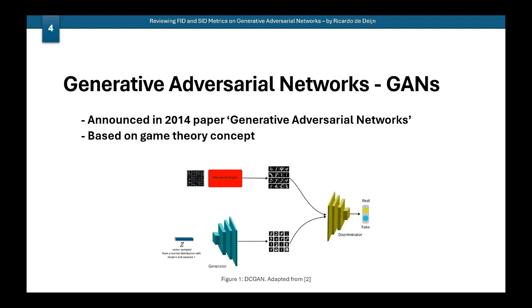But first, let's talk about GANs. GANs were first introduced in the 2014 paper, Generative Adversarial Networks. GANs use a concept of utilizing game theory to generate basically new images from an already existing data set. It isn't based on optimization, which other approaches before GANs were using, but instead it's using a discriminator and a generator neural network,